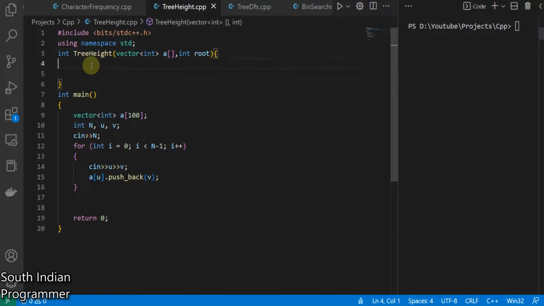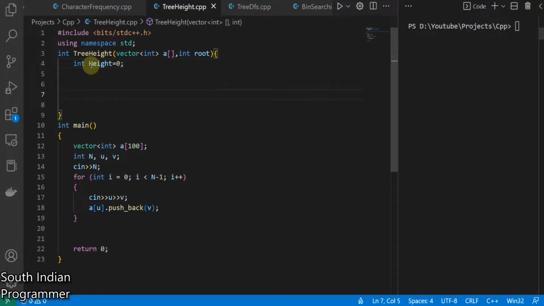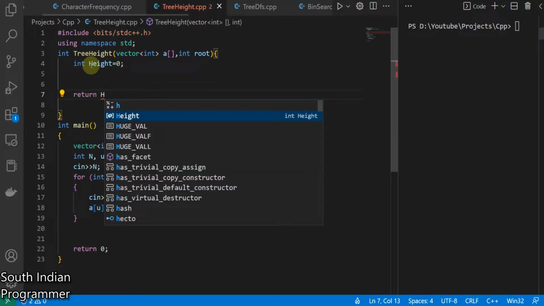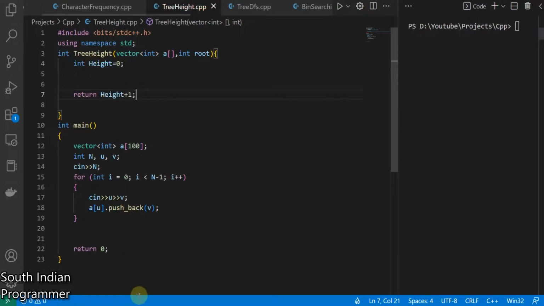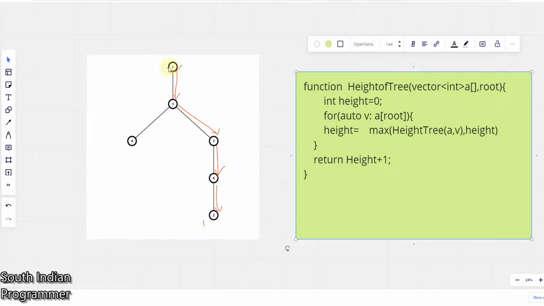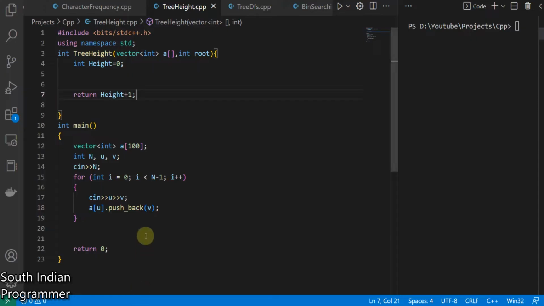And anyhow you have a variable called int height. I have to initialize to 0, and in each function I have to return the height plus 1, because when you visited this node itself it's treated as 1. So from 0 I am incrementing it by 1,